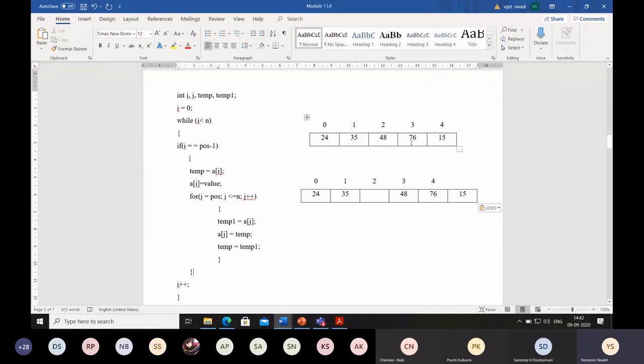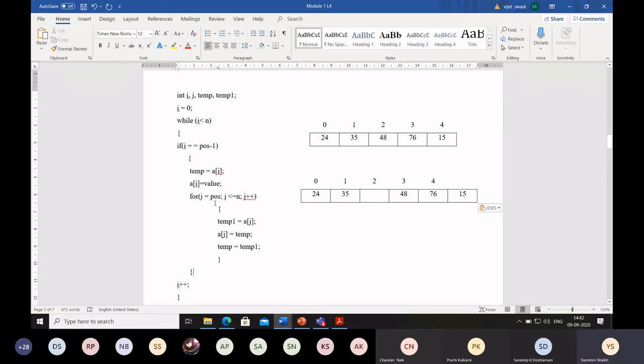Then 76 is moving one location towards the right. 76 was in the 4th position, now it has occupied the 5th position. Then 15 was in the 5th position, now it has moved towards the right and taken the 6th position. By doing this, we have obtained one empty location here.